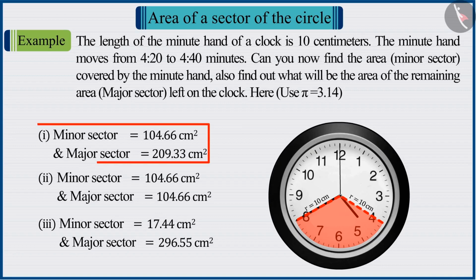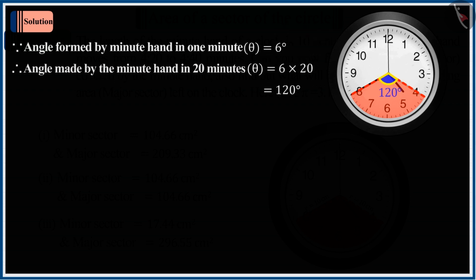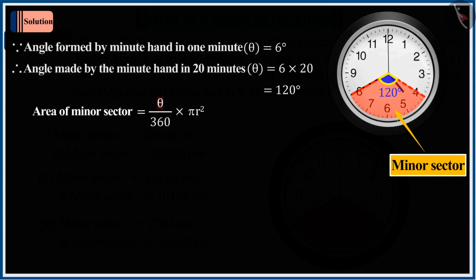Let's discuss option 1. We know that the angle formed by the minute hand in 1 minute is 6 degrees. And here it says that the minute hand moves from 20 mark to 40 minutes, which means that it covers a total of 20 minutes. So the angle made by the minute hand in 20 minutes would be 120 degrees. This diagram shows the minor sector of a circle. By solving for the area of minor sector, putting theta and r in the formula,